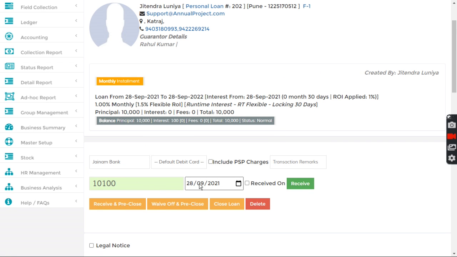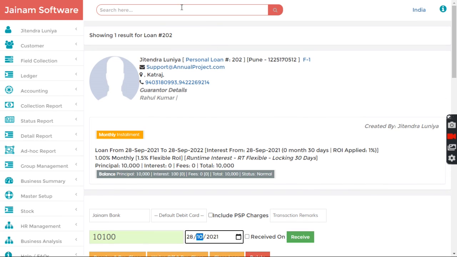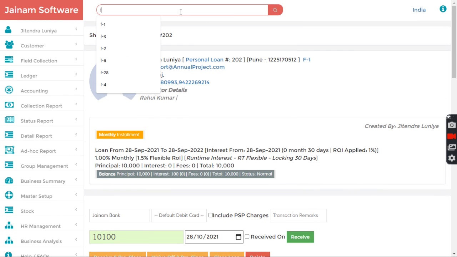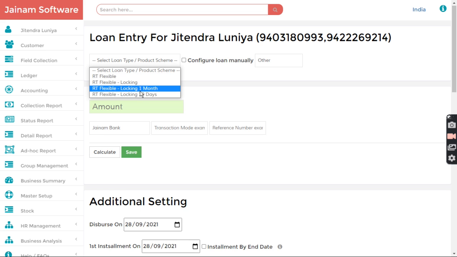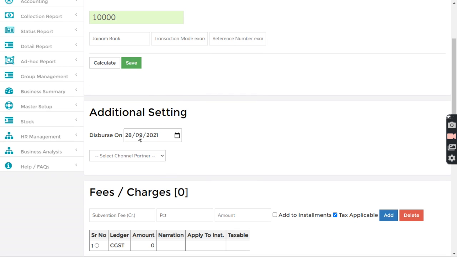So if I go to next 28th, actually September is 30th, so it will not make any difference now. But let's try to do something. Let's see if we can create a future loan here in October.